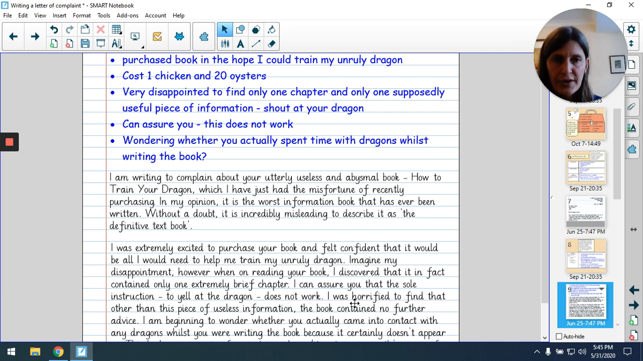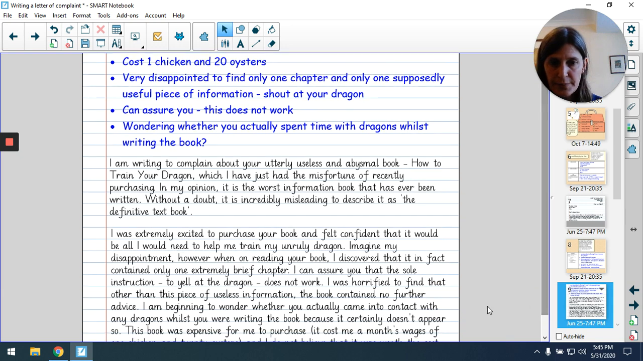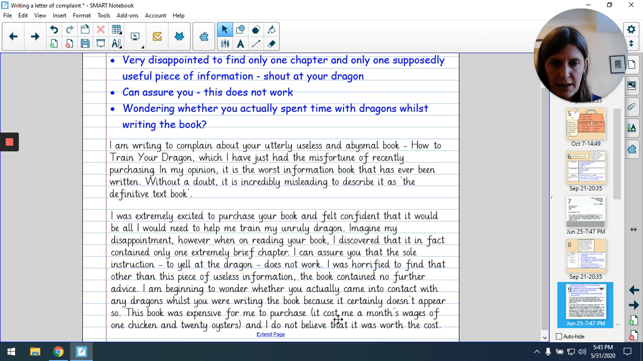I was horrified, a bit more emotive language, to find that other than this piece of useless information, the book contained no further advice. I'm beginning to wonder whether you actually came into contact with any dragons whilst you were writing the book, because it certainly doesn't appear to be so. This book was expensive for me to purchase, and again, I've got my brackets. It cost me a month's wages of 1 chicken and 20 oysters, and I do not believe that it was